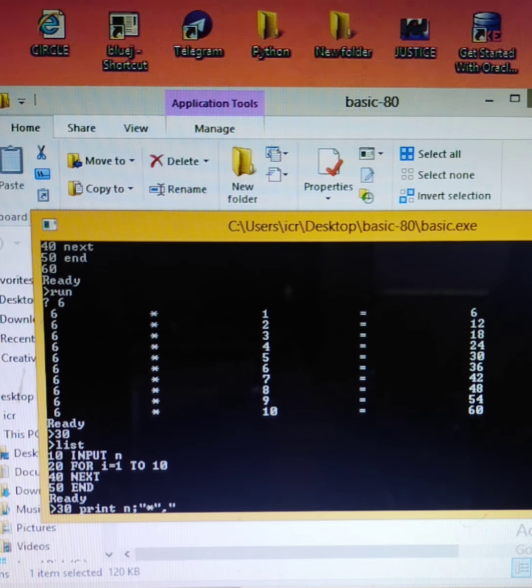Into I. I will not put a comma, but a semicolon.